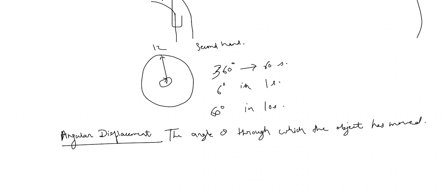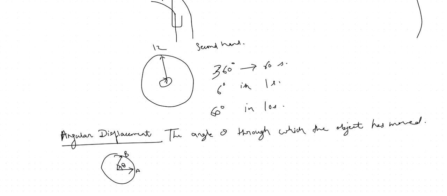Like if we consider linear motion, an object moving in a straight line, its position is defined by displacement, or the distance it has traveled from the starting point. So the corresponding quantity for circular motion is angular displacement, or theta. Theta means the arc through which the object has moved from its starting position. Let's say initially the object is at position A, and after a time t, the object reaches position B. So when the object moves from A to B, it has covered this angle theta in a certain time t. So this theta is known as angular displacement,